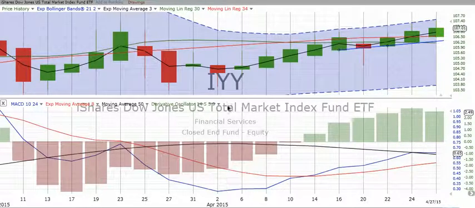Let's look at IYY. This again is the Dow Jones U.S. Total Market Index Fund, so it's following everything in the market. What do we see happening? Well, we see yet another move up. Those of you who want to learn how to draw trend lines, check it out. We are moving the trend line right now to make sure that we capture